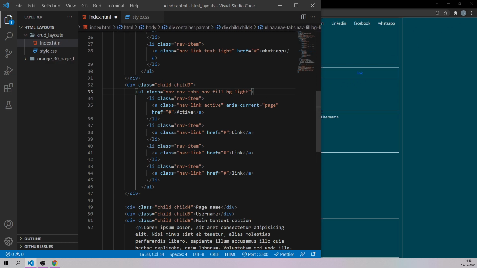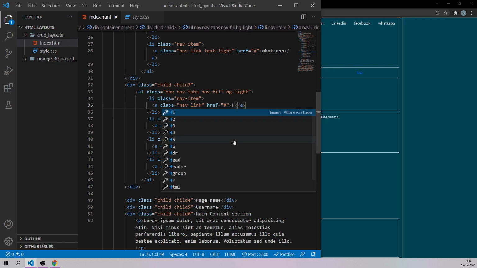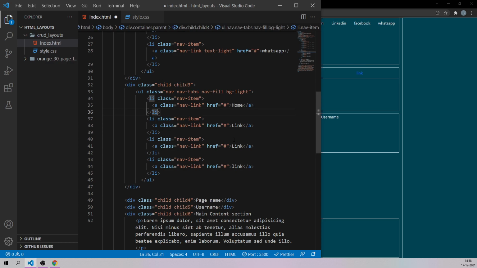And here let me just remove this active. I don't want that active on that one particular link, so I'm going to delete this active as well. And here I'll simply name it as home page or something like this. Home. So this will be the home page of the application, and all the navigation links, an a tag is there, right?